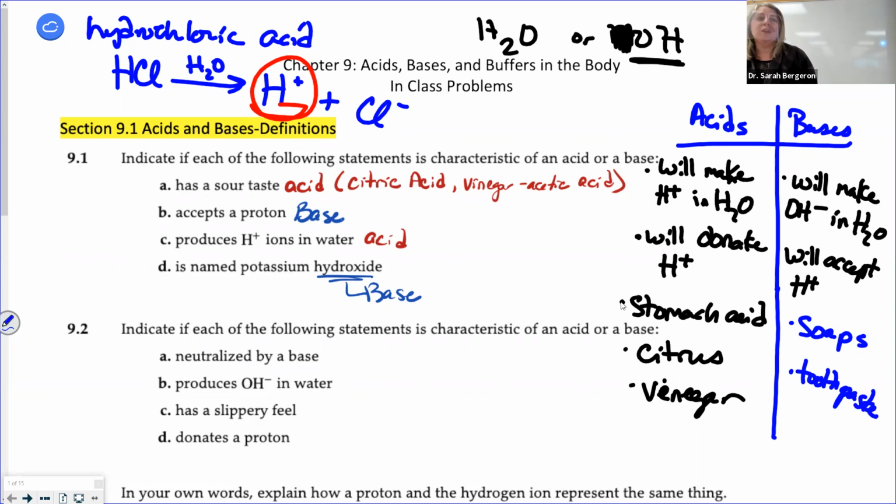Very basic. So when we compare these two on the pH scale, pH is a measure of how many hydroxide and hydrogen ions you have. So if you have a high pH or a low pH, right? If you're right in the middle, you're neutral. So if you have a really low pH, are you an acid or are you a base?